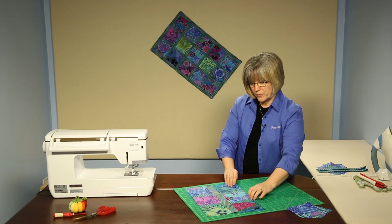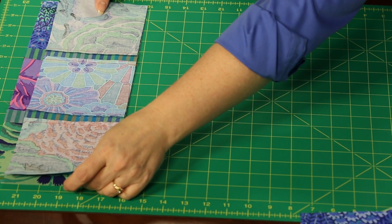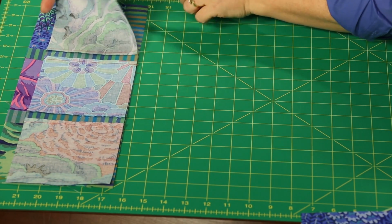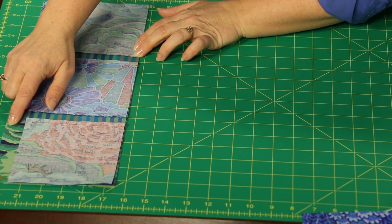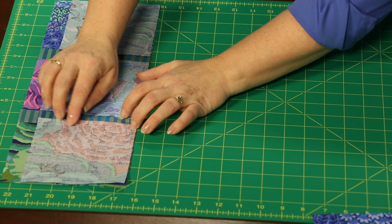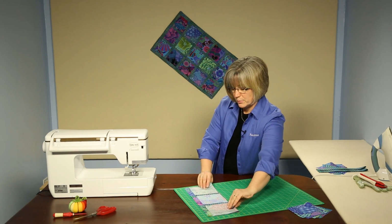So there's two ways you can do this. The easy way that I like to do is just to lay row 1, the row without the sashing attached yet, on top, and you'll see that the row underneath gives us clues to where it needs to be lined up. You can feel through, the seam allowances will kind of line up one over the top of the other. The other thing to do is to go in and do just a little bit of math. I'm going to flip this over,